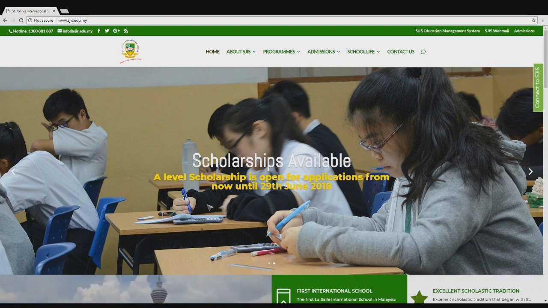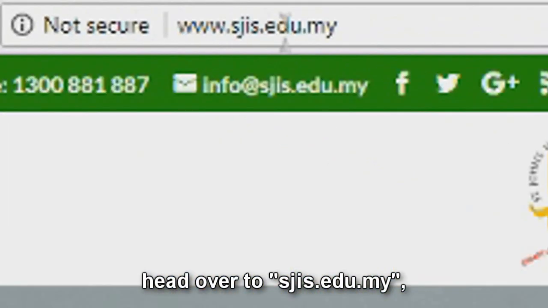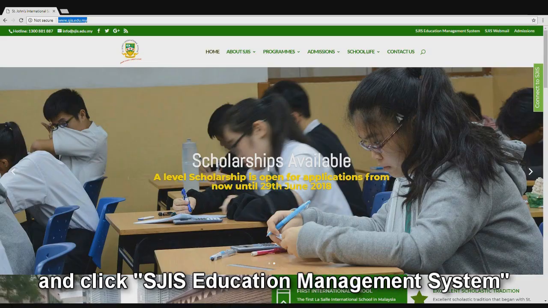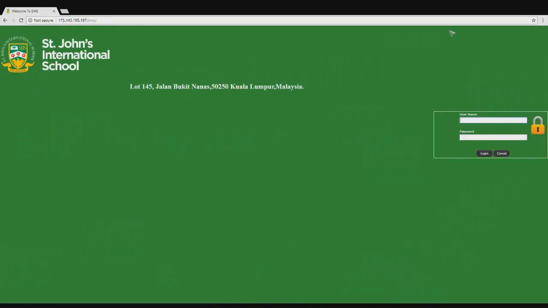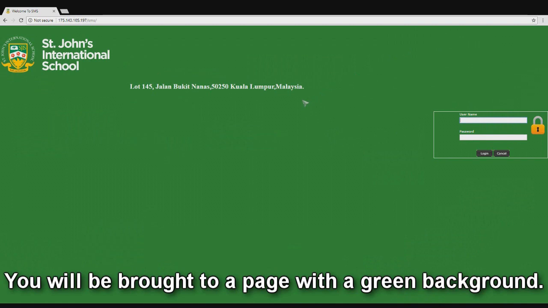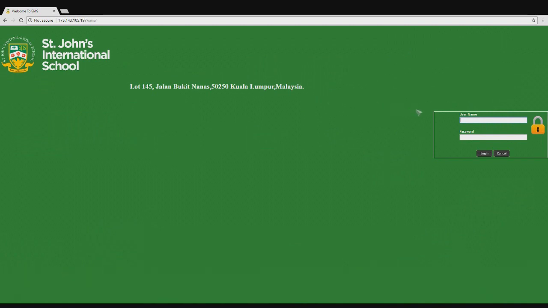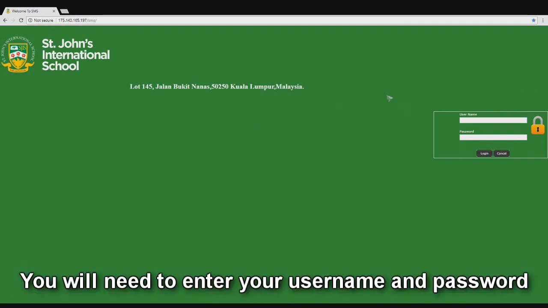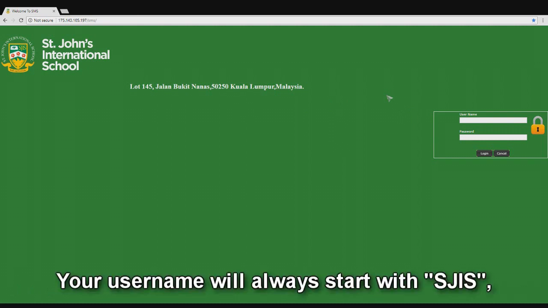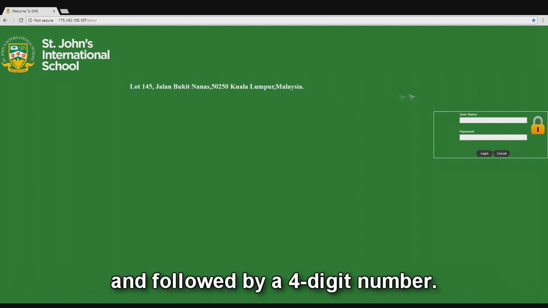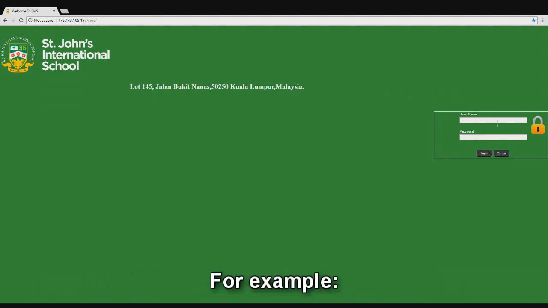will be absent. To access the EMS, head over to sjis.edu.my and click SJIS Education Management System on the top right. You'll be brought to a page with a green background. You will need to enter your username and password on the right. Your username will always start with SJIS and followed by a 4-digit number. For example, SJIS